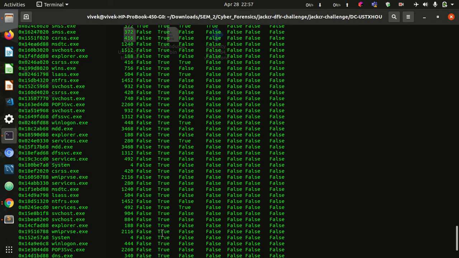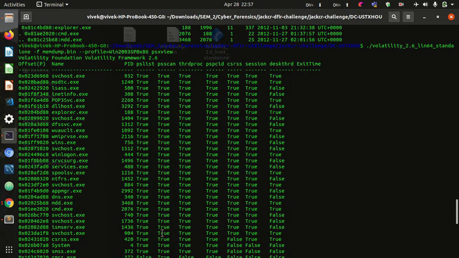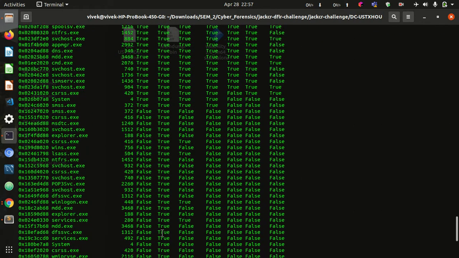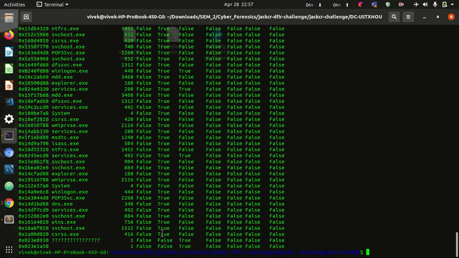So in psxview we generally guess the malicious processes by seeing the flags in the various columns. The processes for which the flag is true in only one of the columns are supposed to be malicious, and we can examine these processes further to know what they are doing.